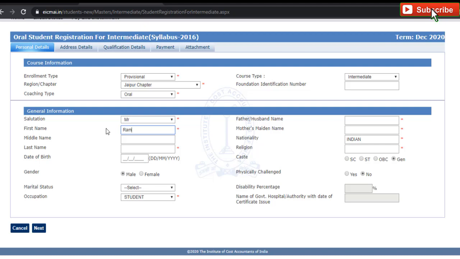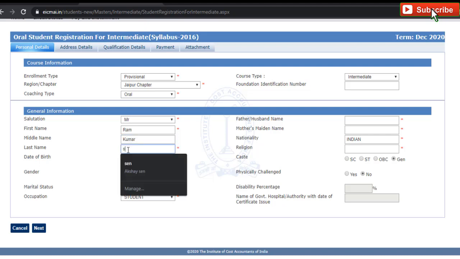For example, your name is Ram. I have filled it here. You can fill whatever name you have. It should match your documents. Make sure. Here you have to fill your middle name, Ram Kumar. Last name, Sharma. You can fill any name.